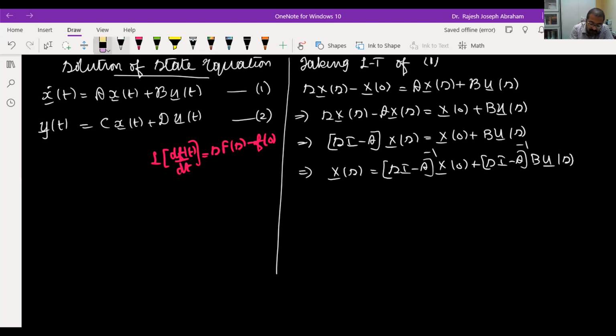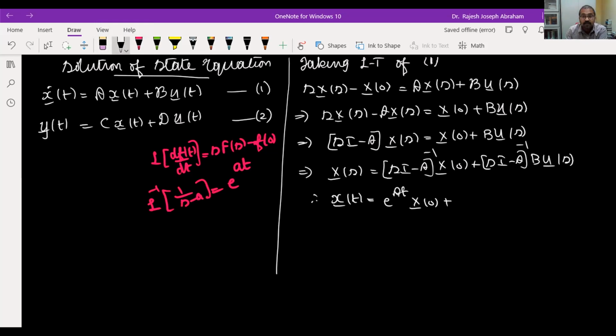So what is x of t from here? How can you find x of t? x of t will be L inverse of x of s. So L inverse of this term will be e raised to At x naught, because we know L inverse of 1 by (s minus a) is e raised to at. So when you take the inverse Laplace transform, you get e raised to At x naught plus,